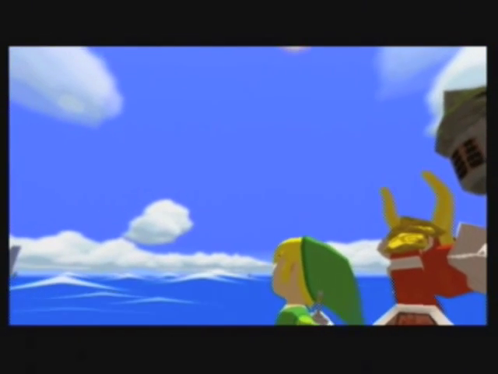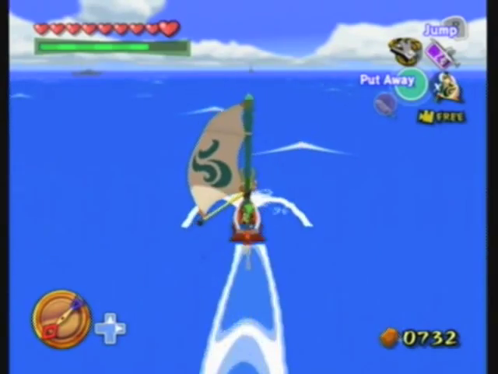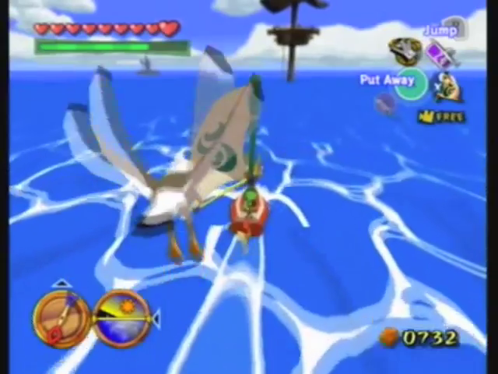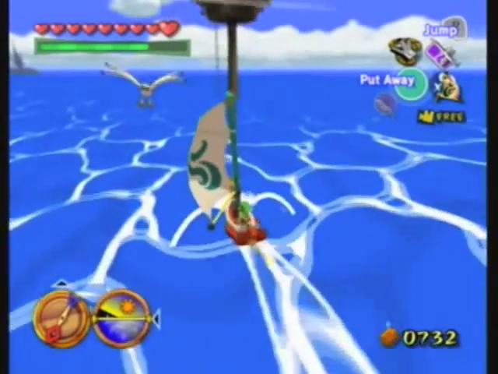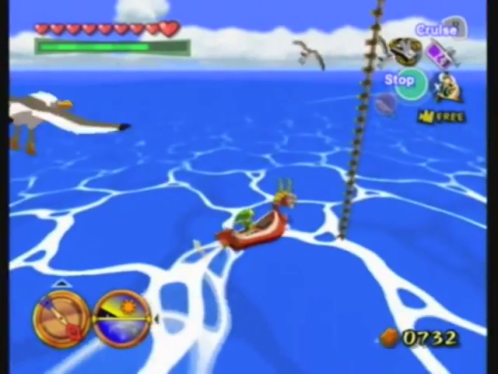Anyway, we're going to be setting sail towards the next island southeast of here, so I will cut ahead to it in a couple seconds. Alright, we're at the new quadrant, and there's a sea platform here, so it's going to be our first stop in this quadrant, and probably the only stop in this quadrant for this episode,